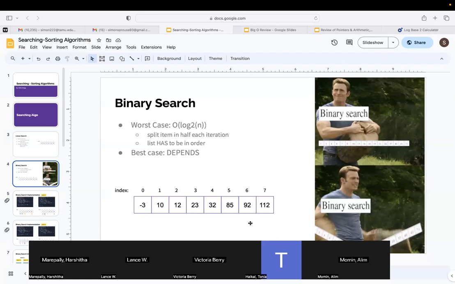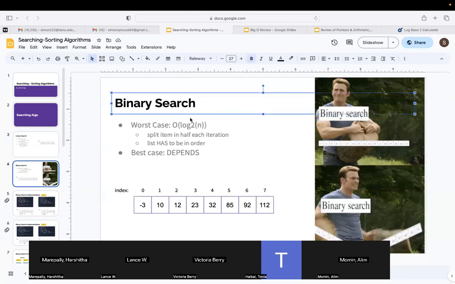So binary search, the name relates to binary, as in 2, right? The name means that you're searching this side of the list and this side of the list at each iteration. To perform a binary search, you look at the middle of the list. If your target is there, you stop. If it's not, then depending on the value of the middle element, if the target is less than the value of the middle element,